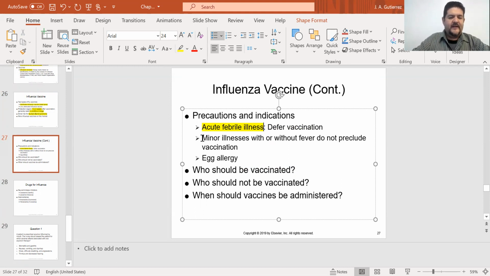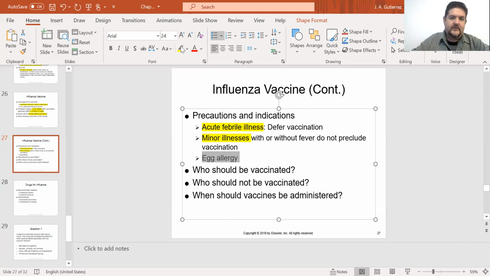Once we provide that vaccine, we need to tell the patient that they may have minor illness, pain, maybe a little rash around the area where the vaccine was provided. And if we're talking about pediatric patients, we can advise them to provide 1 dose of Tylenol. Now, regarding the